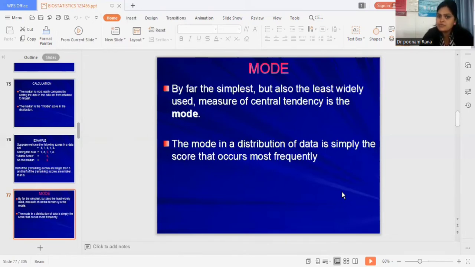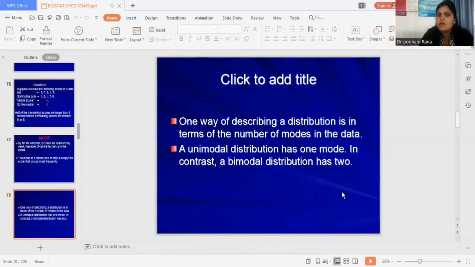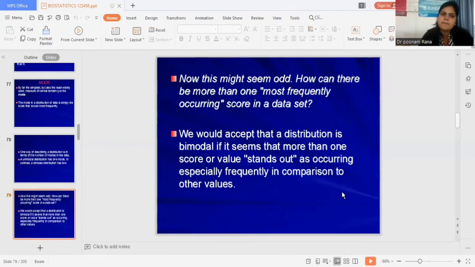So the mode in a distribution of data is simply the score that occurs most frequently. One way of describing a distribution is in terms of the number of modes in the data. A unimodal distribution has one mode, and in contrast, a bimodal distribution has two. Now, this might seem odd. How can there be more than one most frequently occurring score in a data set? We would accept that a distribution is bimodal if it seems that more than one score or value stands out as occurring especially frequently in comparison